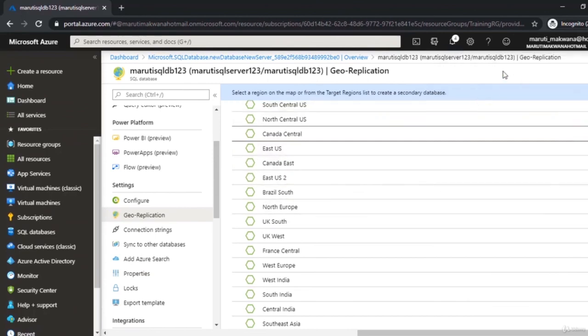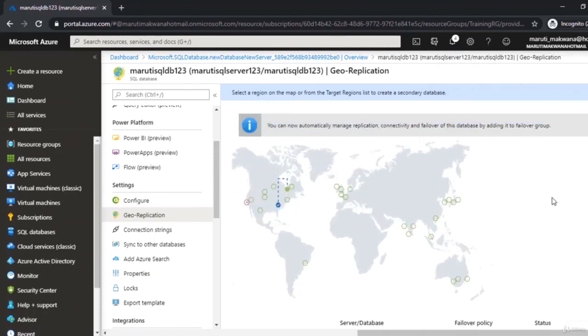The moment this shows initialize deployment, you can see that it is trying to connect with the secondary server. So it's not only creating a secondary server, it's also connecting with it. If I wait for some moments, both of these regions are going to get connected with a solid line. Instead of these dotted lines, I will get a solid line, and that simply means both the servers are ready and working in sync mode. That is the advantage of geo-replication available on SQL Server. I hope you understood this, and you will wait for some time when you're doing this and you'll get a solid line.